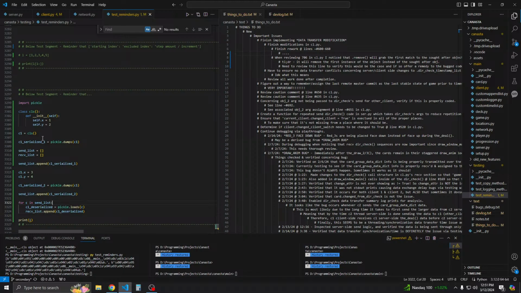And actually, to be even more accurate, we'll say num equals 0, and then we'll say for C, and each time we iterate through the send list, we'll say if num is equal to 0, which means for the first iteration we will call it C1 deserialized 1, but else it's going to be C1 deserialized 2, just to show that even though we have this unpickled object as C1 deserialized 1, we then have another C1 deserialized 2 unpickled object,